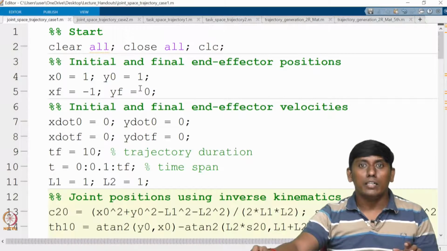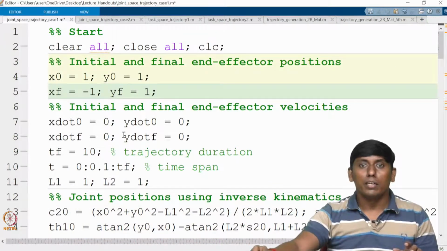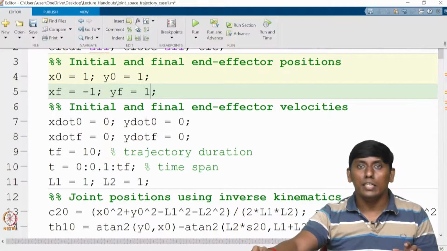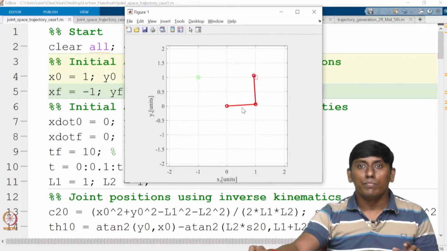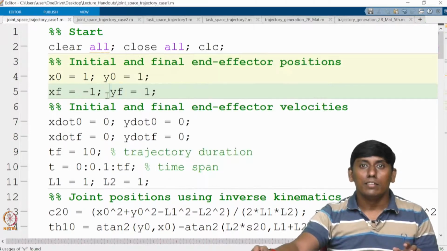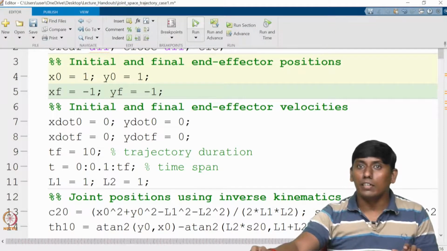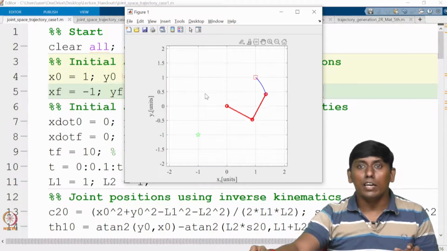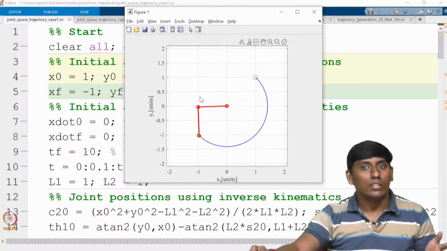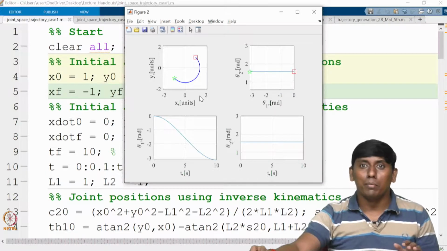Okay. So with that I'll end it. So this one and this one, and we are trying to see. Okay, this is -1 I have to take, right? So this is -1. So I will try to see whether that consideration of near singular and other things is actually restricted. You can see it is overcome, right? So this way, as long as the workspace is available, even that solution exists. So that is what we wanted to see.